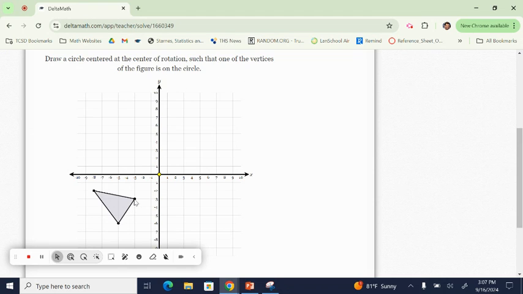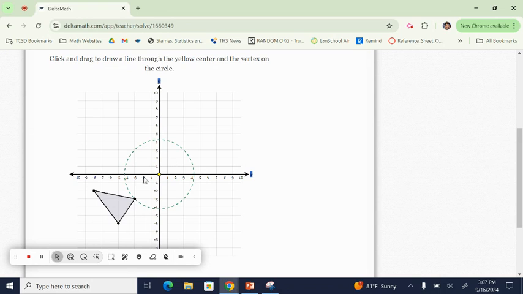So I would just go to the closest vertex of the triangle. So I'm going to click on this yellow. I'm going to drag to the closest vertex. No need going across the triangle. Okay. Very good. So now it says click and drag to draw a line through the yellow center and